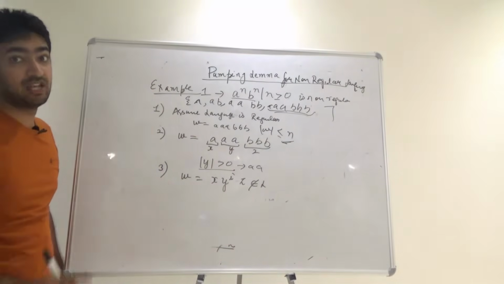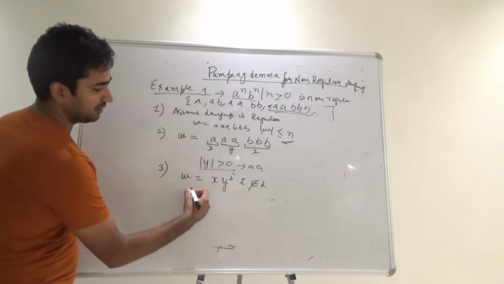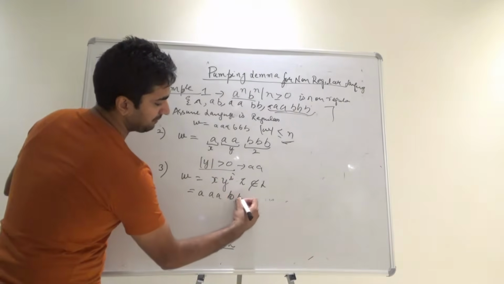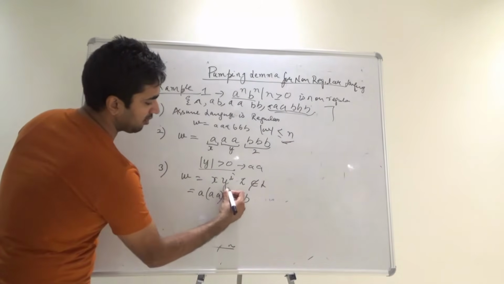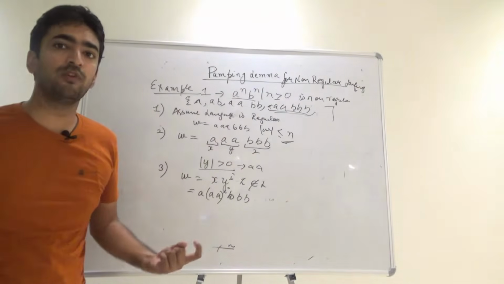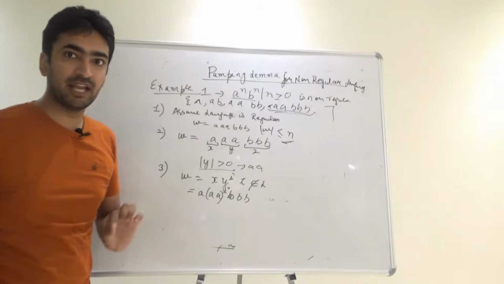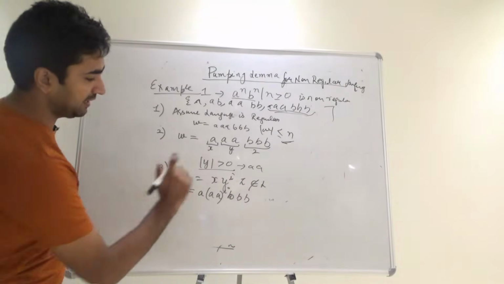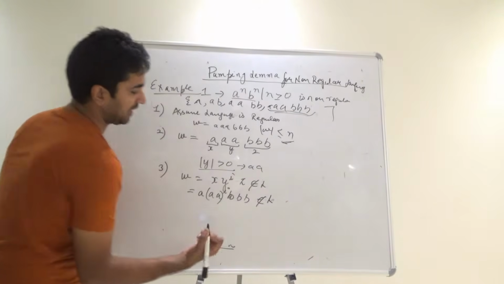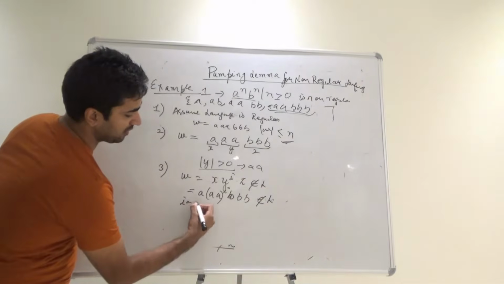We have to basically check whether this belongs to the language or not. So I am taking a value of a and triple b. This is power of i, which is greater than or equal to 0. I cannot put it as 0. Why? Because that would mean y length is 0. That cannot be done. So I am taking i value as something else, and if that doesn't belong to the language, it means the assumption is wrong. So I am writing i value as 1.